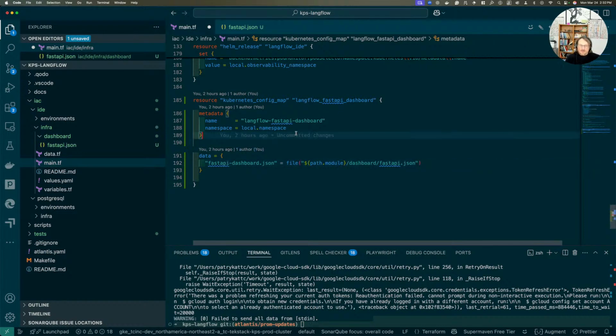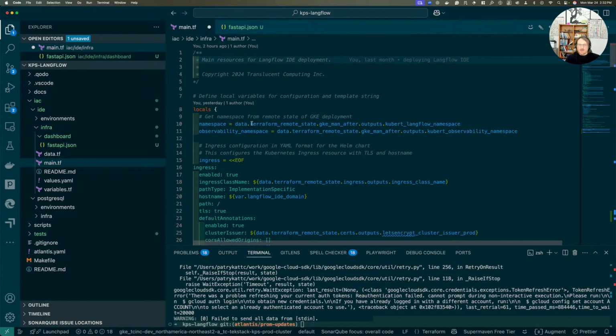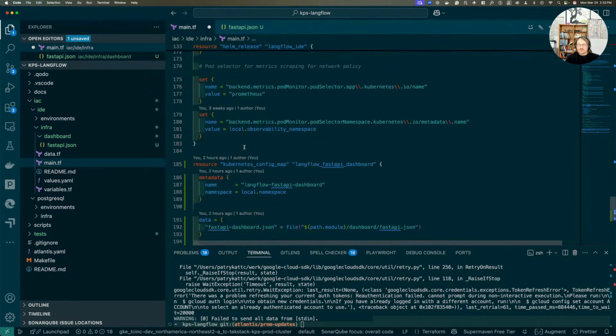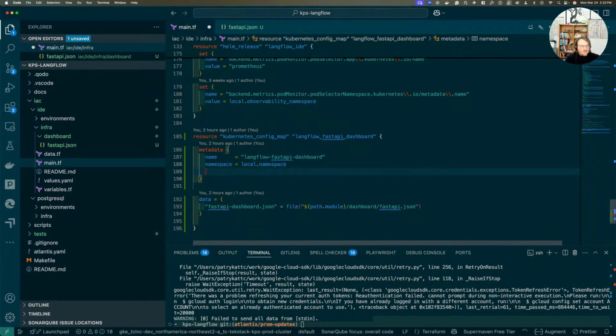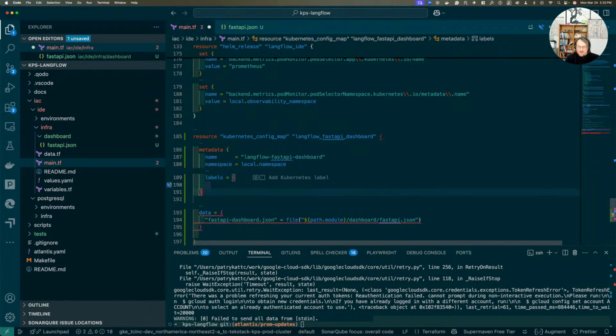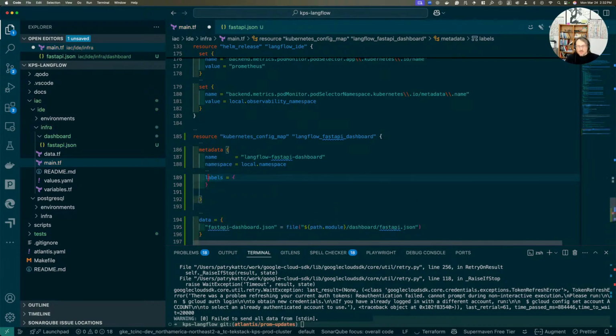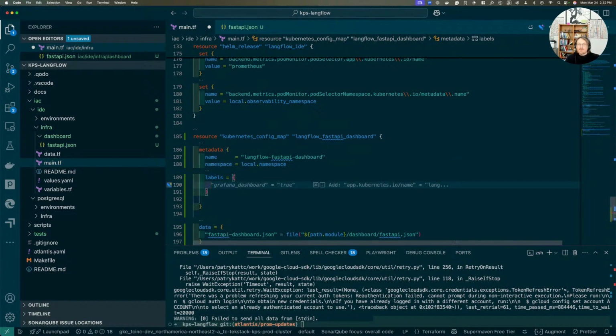So the way Grafana picks up this config map in your Kubernetes clusters is by labels. So we need to give it labels. Now these labels are very special labels, that we deploy with Grafana, and then we expose them as Terraform output so we can pick them up. So in here, we're going to have